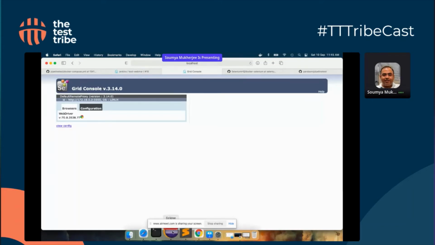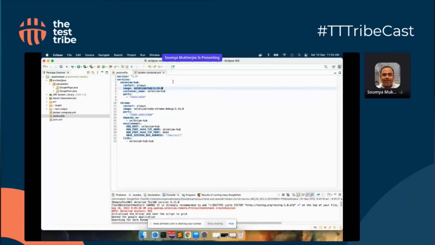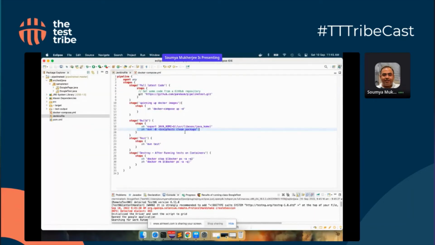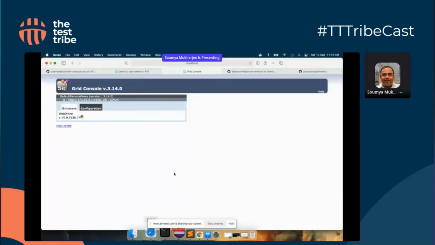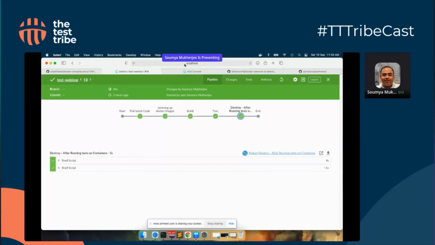Yes, you can. You just have to go to your Docker Compose file and mention what version of Node Chrome you would need. And you can actually spin up those many versions and execute your tests on them. Apart from that, I already showed you how Firefox and Opera look, so you can have multiple browsers as well. So coming back to Jenkins,